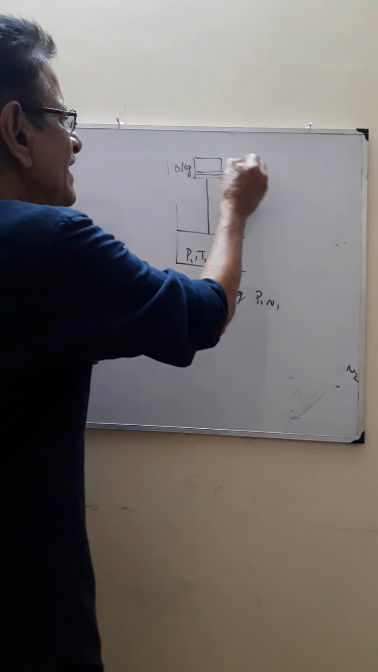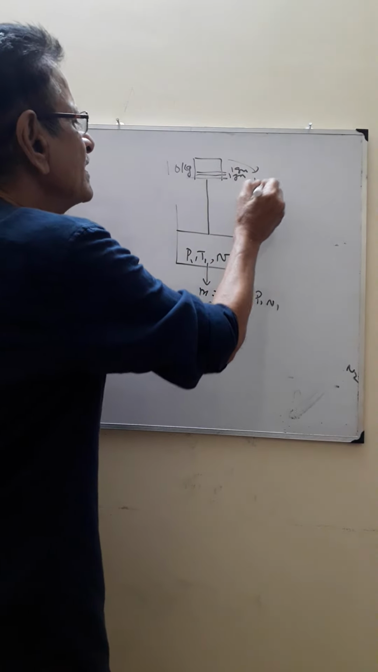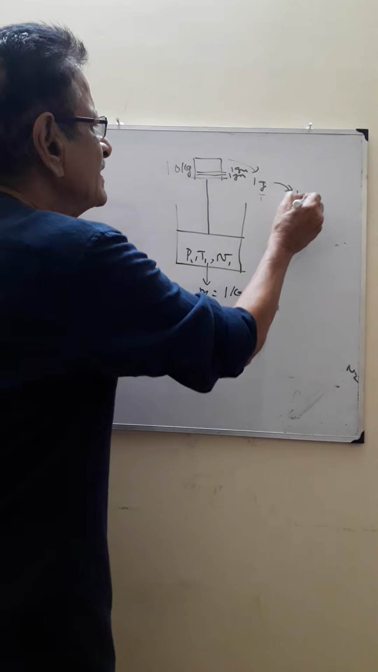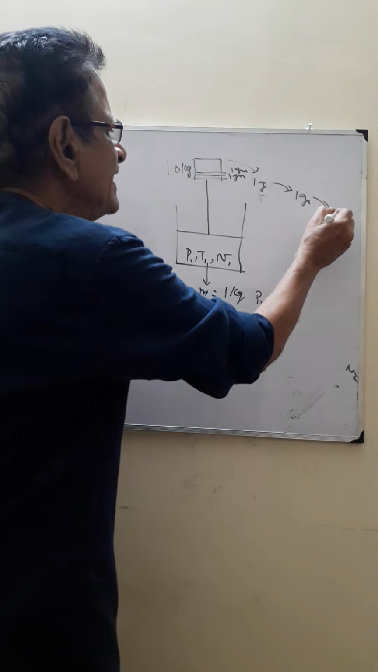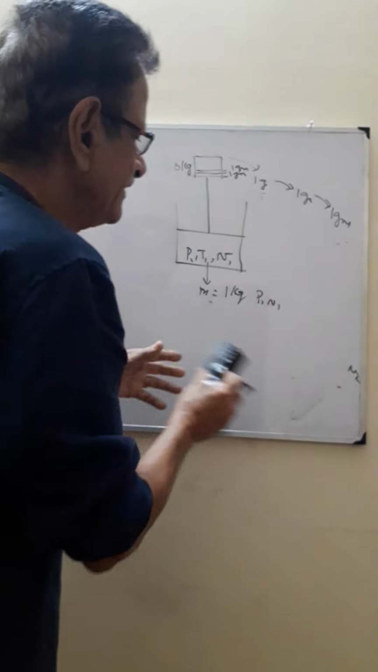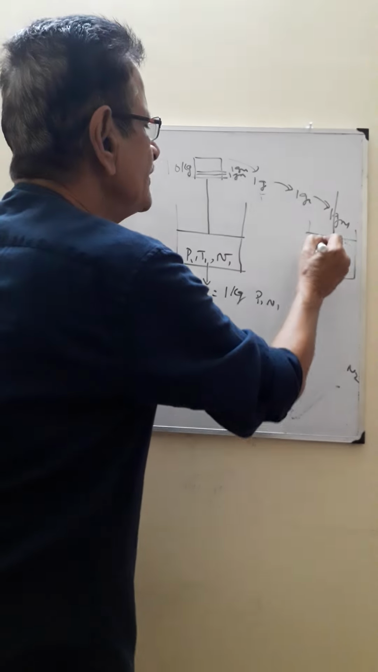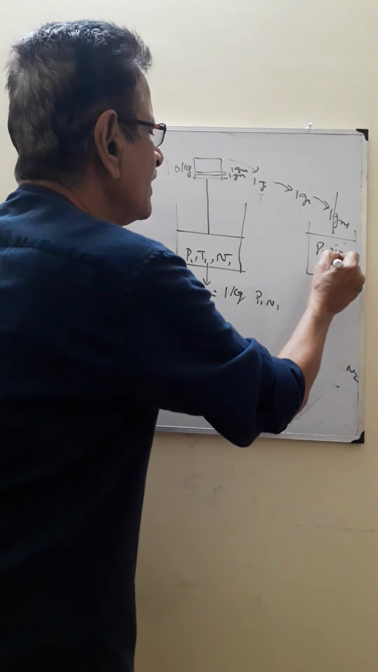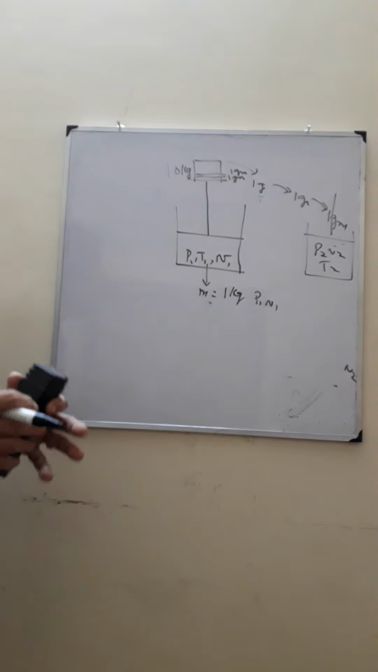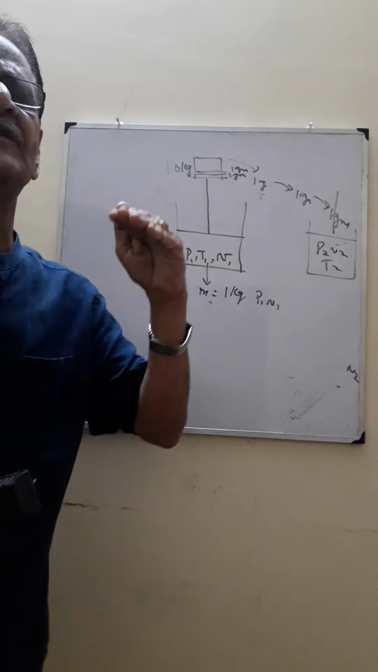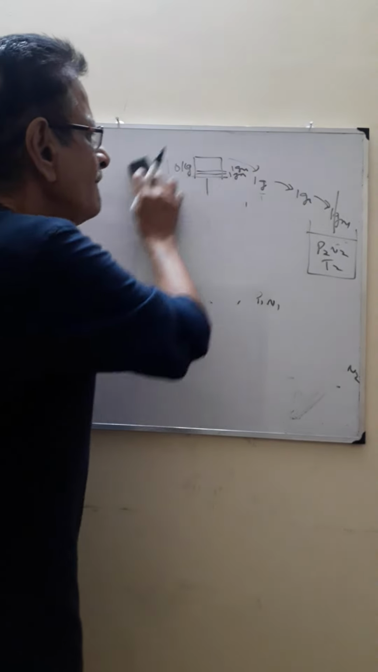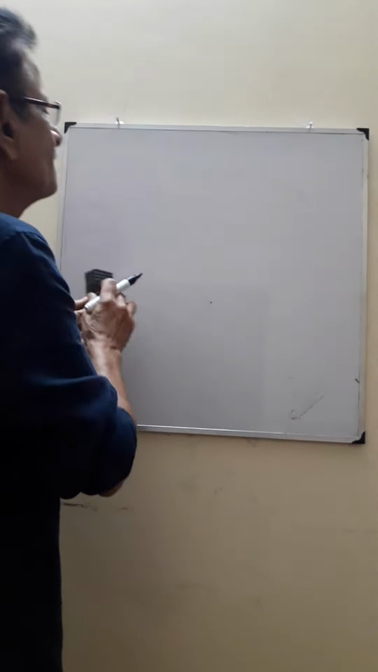At each time I remove 1 gram. The next time 1 gram. Next time 1 gram. Till I reach the final value. Okay? What is the final thing? Final thing is P2, V2, T2. So I am doing 1 gram at a time slowly. What happens? The piston moves up very, very slowly. Okay? Now, if I plot this on the graph,